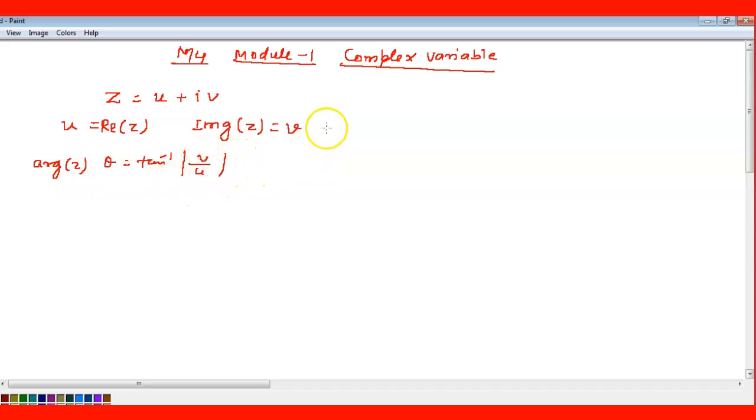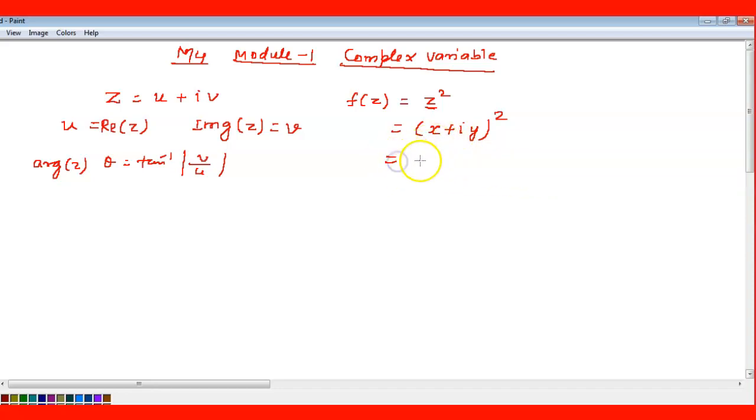Now here, consider f of z is equal to any function, like z square. So this f of z is called a complex variable, where the real part and imaginary part are not directly given. We have to substitute the value of z. We can write z as x plus iy, or u plus iv, anything. Z is equal to x plus iy. I have substituted it and squared it, so then we will get the real part and imaginary part.